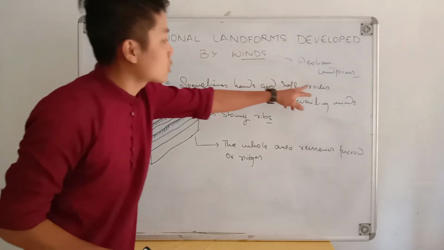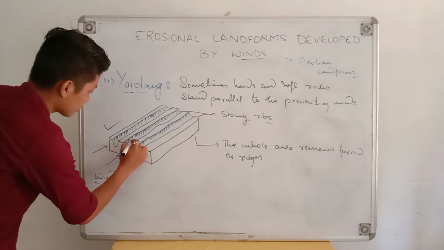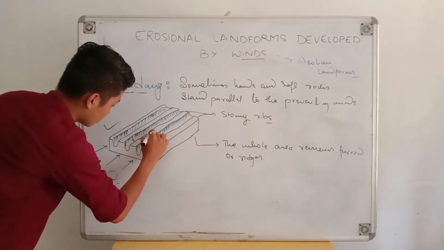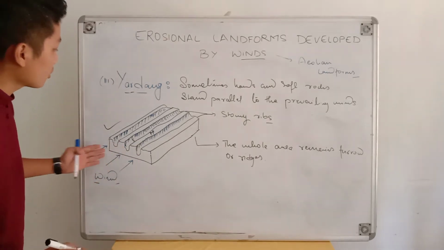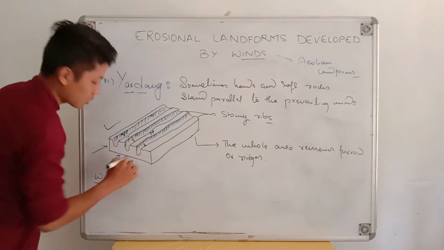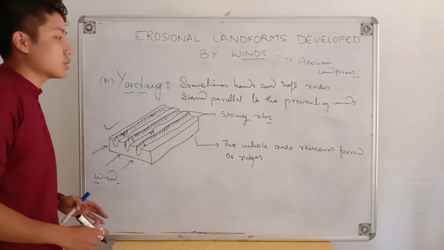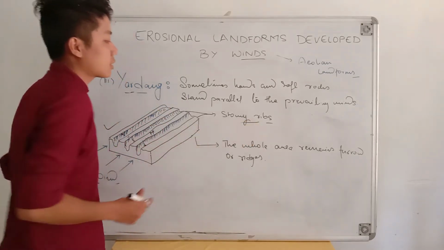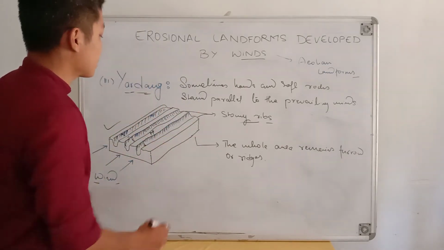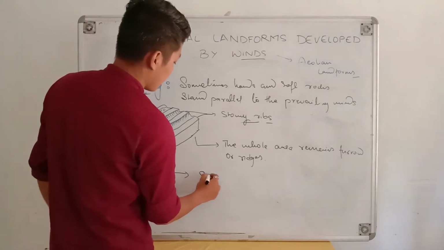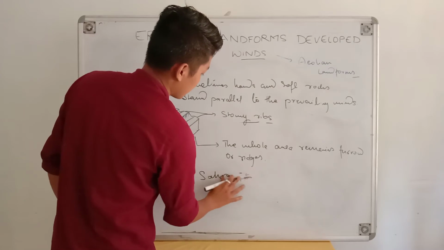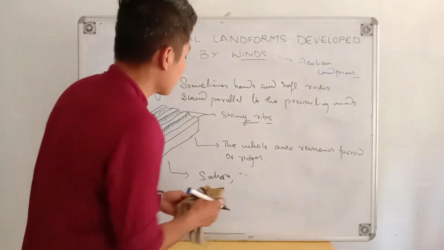Sometimes hard and soft rocks, say for example, the eroded rock is soft rock and the standing rock is hard rock. The prevailing winds erode away all the softer rocks, and the remaining feature, which we can see like stony reefs, this whole lot of feature is called Yardang. This kind of feature we can see in the desert areas of Sahara, the desert in Rajasthan and so on.